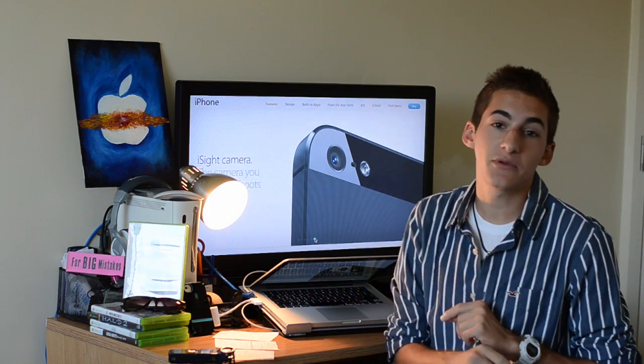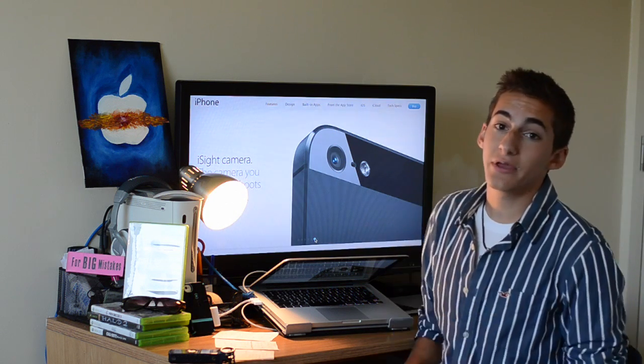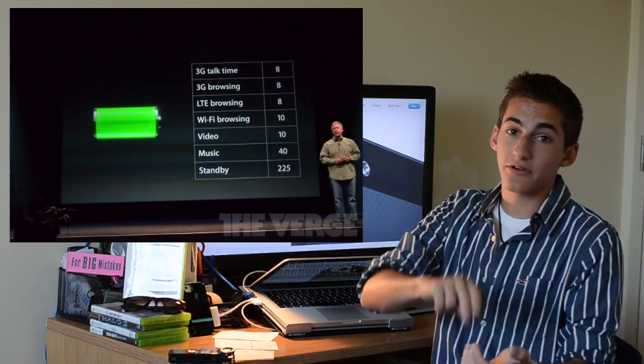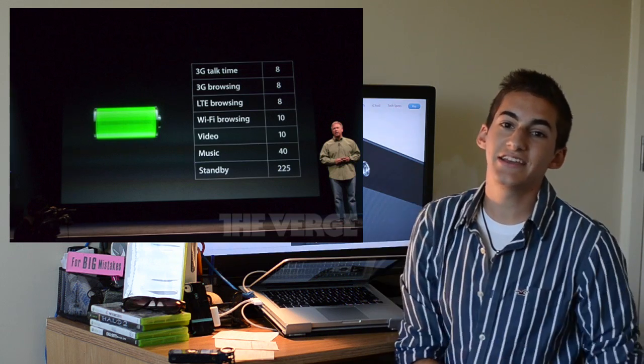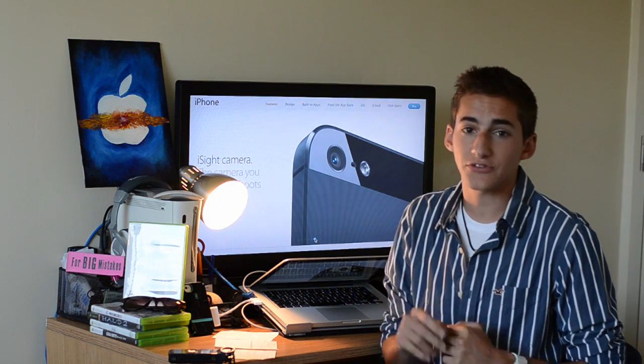This will allow for better connectivity with Wi-Fi, so your Wi-Fi connections will be faster, and your brand new LTE connection. LTE will be available in the US on Sprint, Verizon, and AT&T. Sorry, T-Mobile. The new A6 chip in the new iPhone 5 is 2 times faster than the previous A5 chip in the iPhone 4S. It is also 22% smaller, which allows for faster saves, quicker loads, and just an all-around